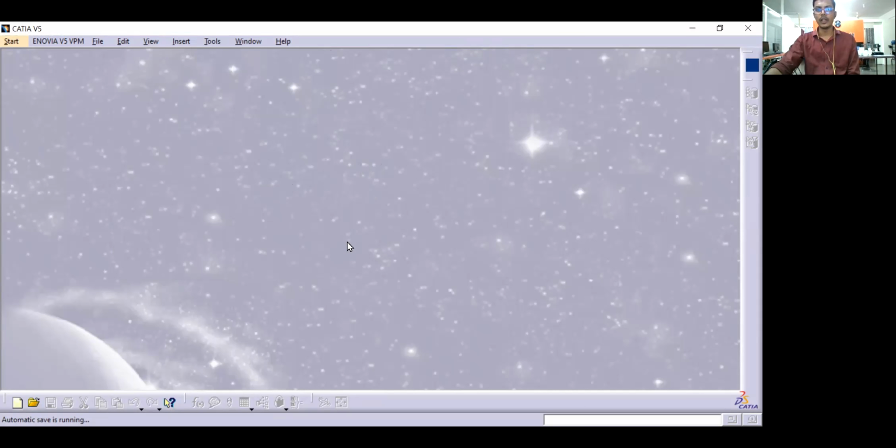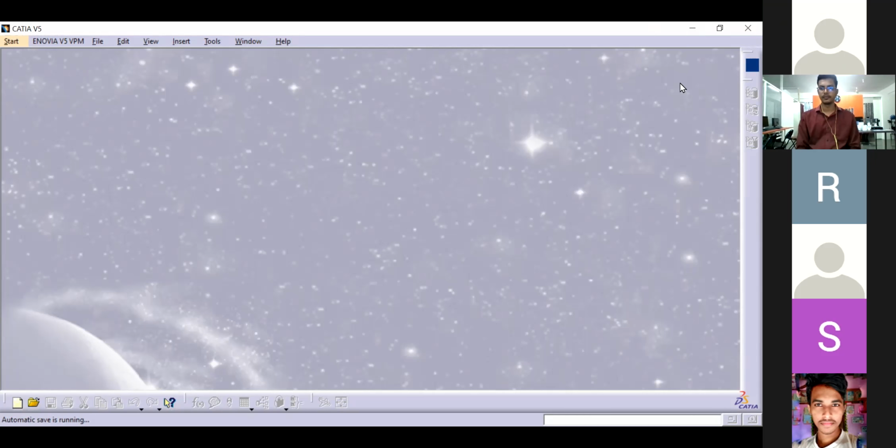Okay, so as I told you, how many workbenches do we have in CATIA? Six, I think. Six workbenches, right? So what are all those? Anyone, what is the number of workbenches we have? Six options.